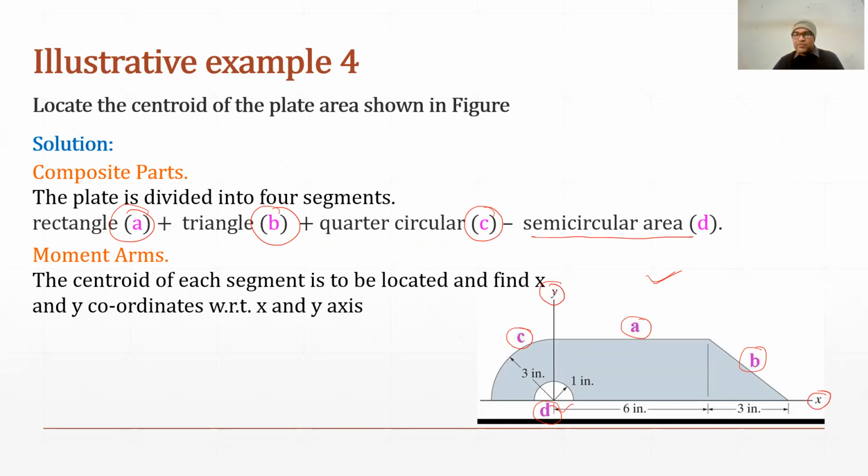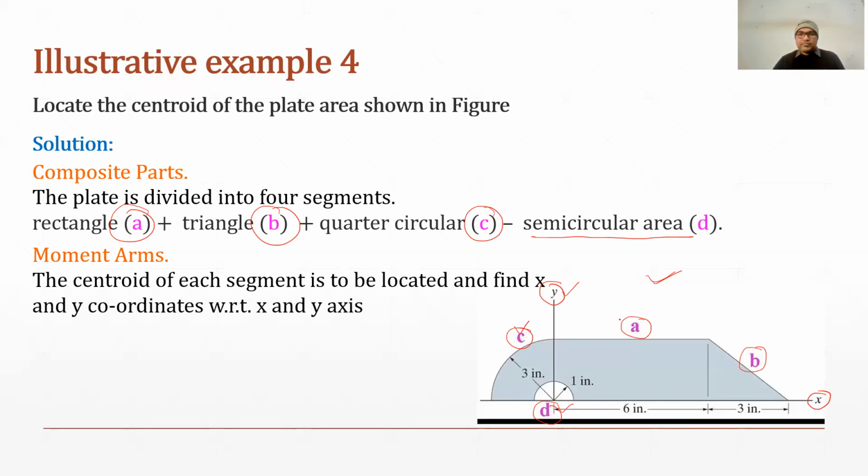You can fix y and x-axis anywhere before, but after that you should not move that anywhere. You have to measure all the values with reference to that fixed position of the x-axis and y-axis. So I have fixed y-axis which is passing again through the complex body. It means the